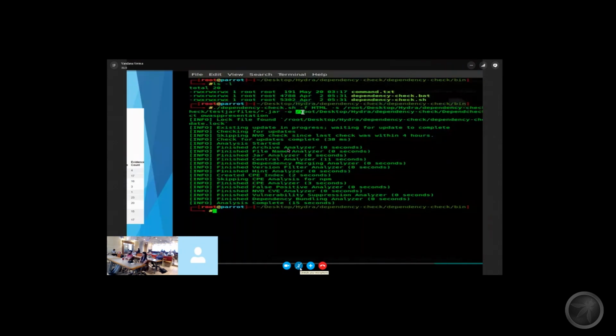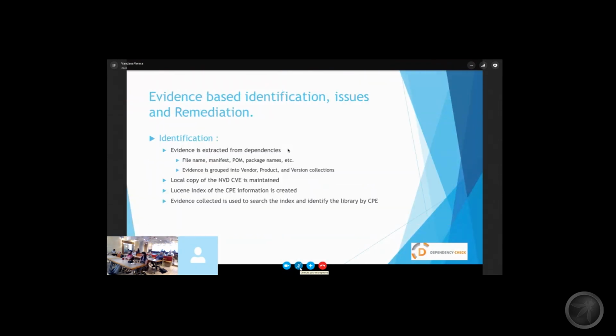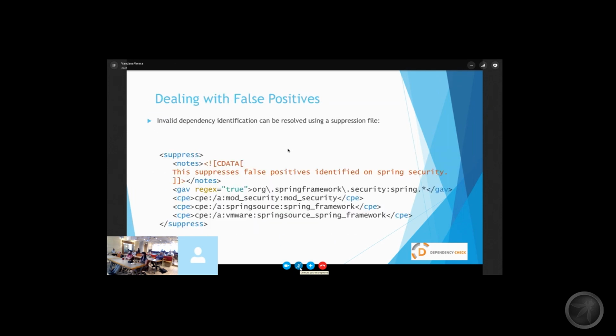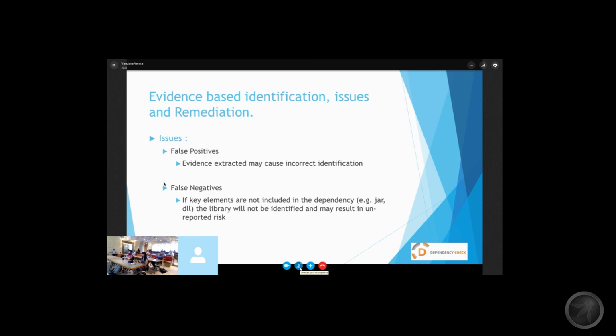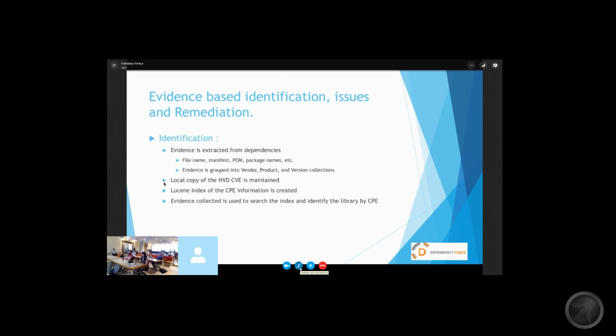I will just go to my slides and show you how you can. So here, it's a small snippet that you can use. You can define the file, or you can define the path which you actually want to suppress. How it actually finds the